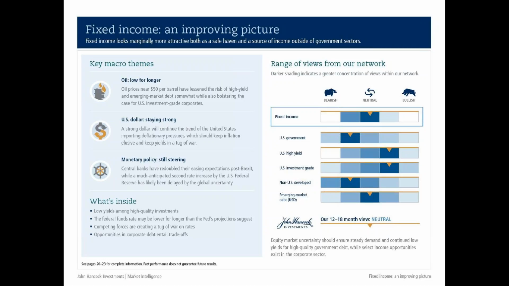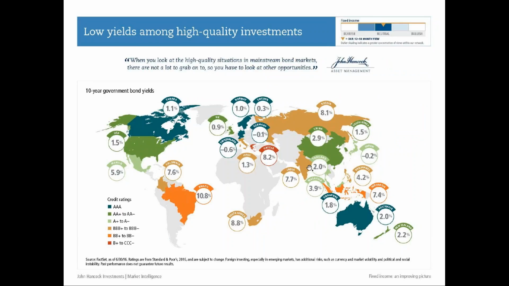The problem is that, like I said, fixed income returns look very muted right now. On the right, we have the shading and asset class views from our network. I'll tell you now that in the most recent quarterly book that we're coming out with soon, high yield is looking to come down a bit here. We were overweight and it has outperformed, but we're going to remain positive on investment grade corporates. So let's talk a little bit about all these things.